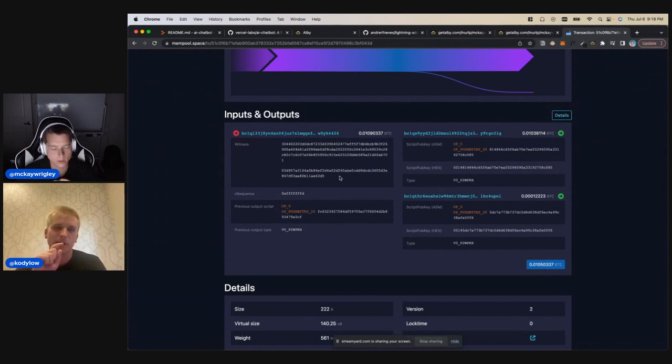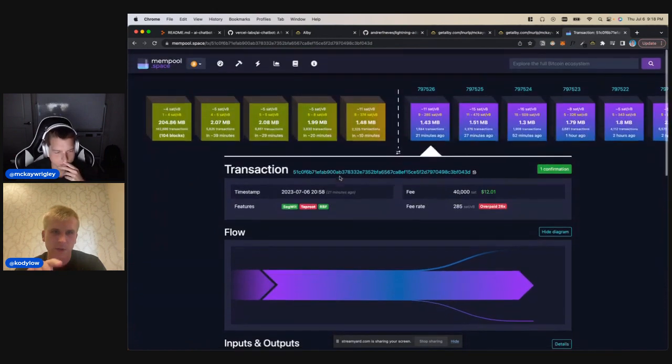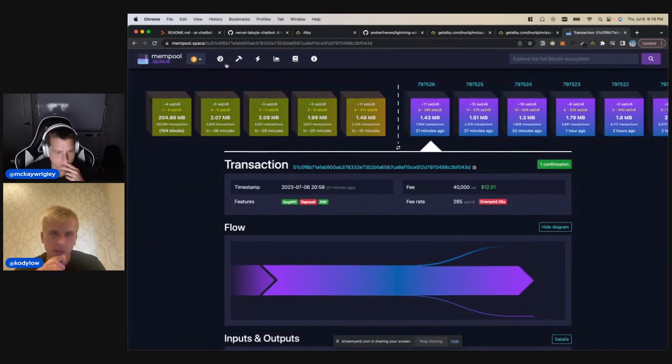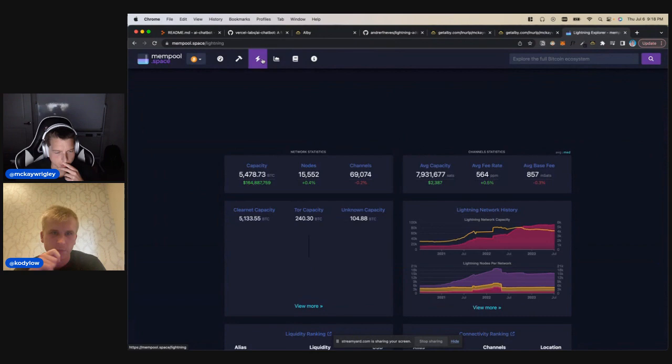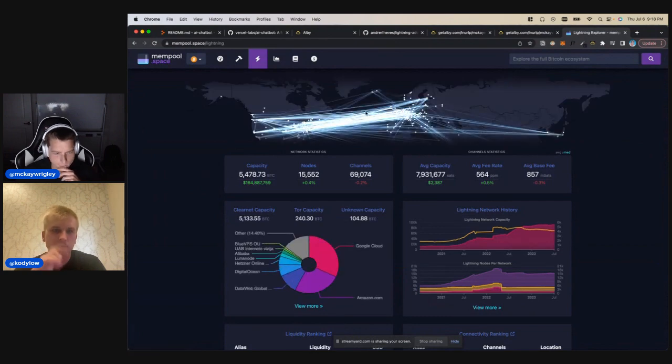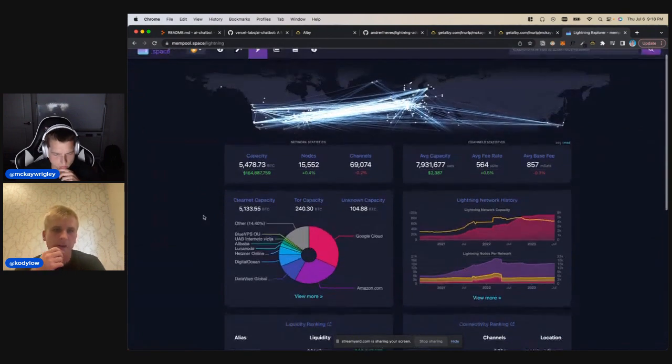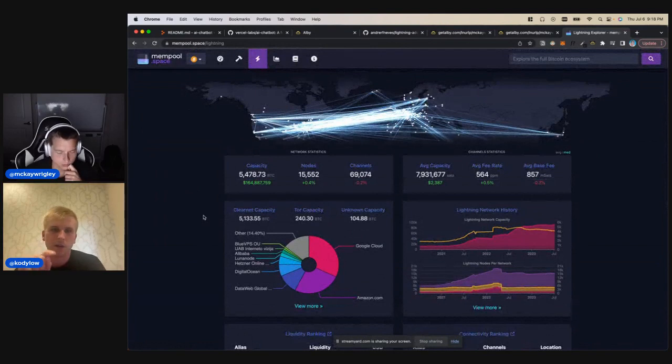Okay. So if you scroll up and hit the Lightning button there, it's literally Lightning. Yeah. So that's a visualization of the Lightning Network, right? Very cool. So the thing that you're doing to open a Lightning channel is that, remember those spending conditions that